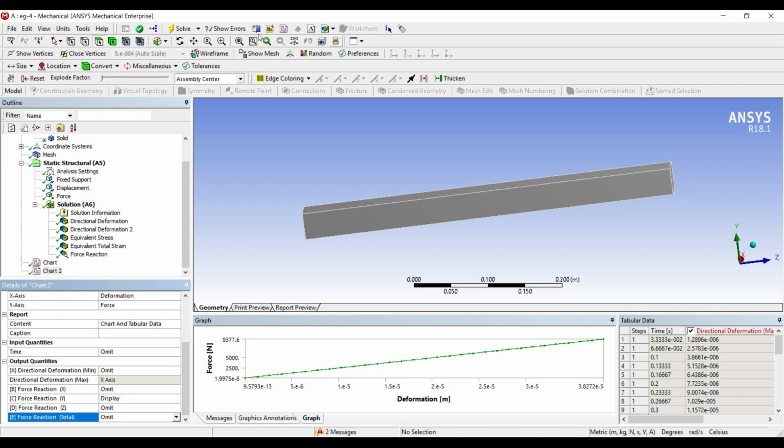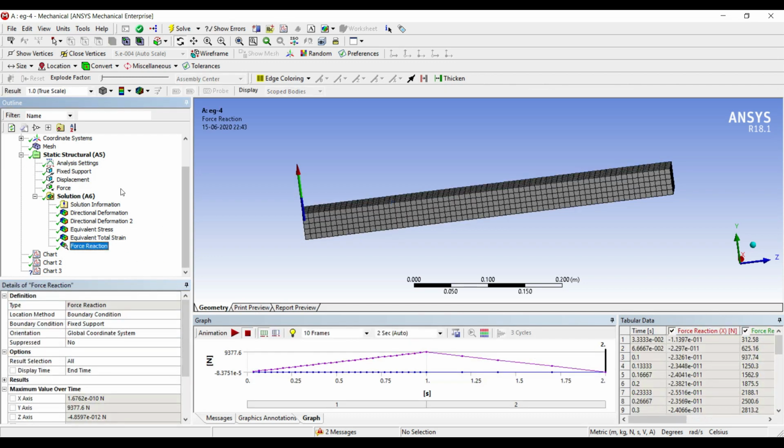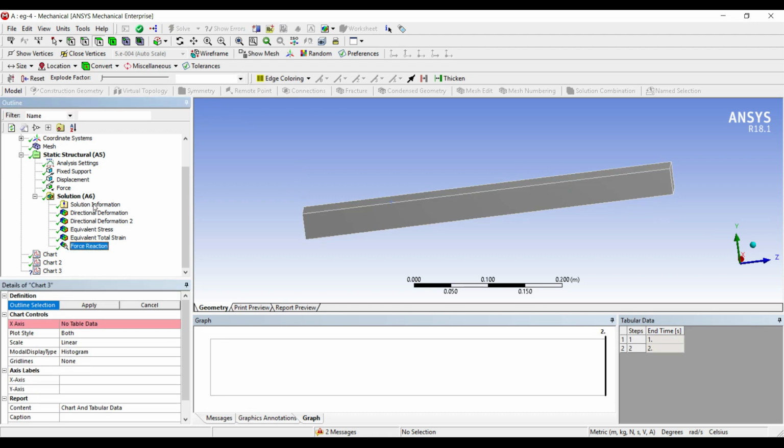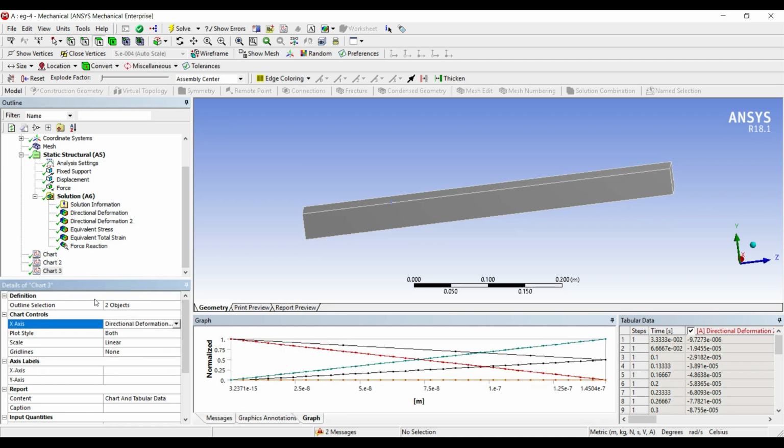I'll show one more graph over here in case of doubt. That is of force versus the deformation in the y-axis. I'll write here deformation y and force in the y-axis.